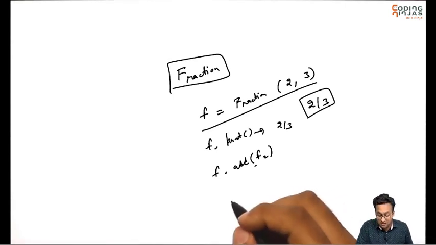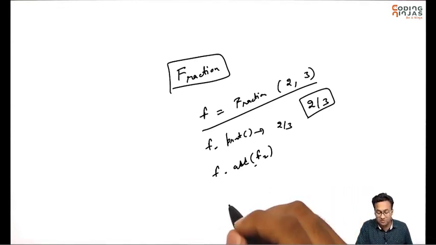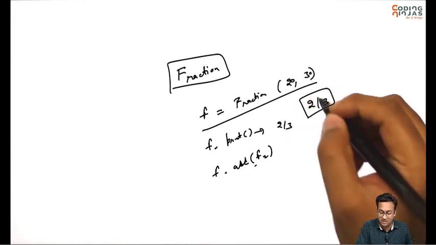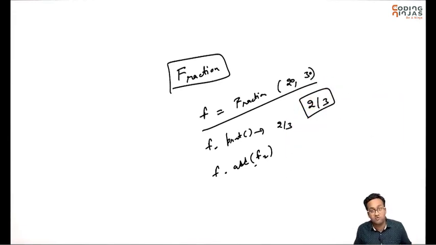I should be able to do stuff like that, right? So I should be able to multiply. If I say, for example, f is equal to fraction 20, 30, then it should actually be a fraction 2 by 3, not 20 by 30, it should take care of that. So I should be able to do all these things, right? The way we have complex numbers in Python, I'm saying we should have a fraction as well. And that's what we want to build here, okay? That's what we want to build here.